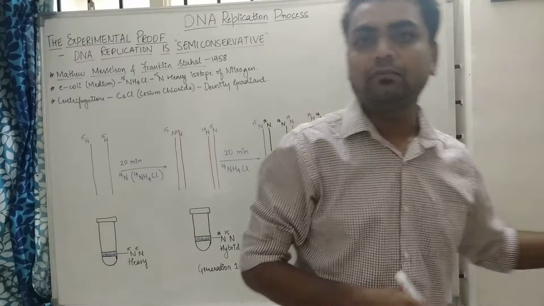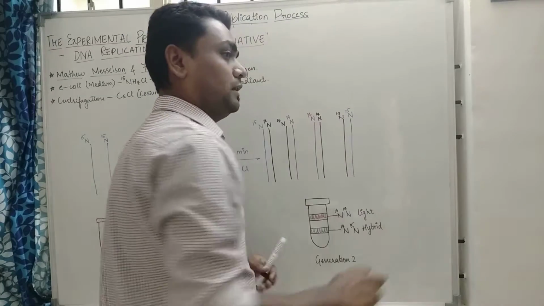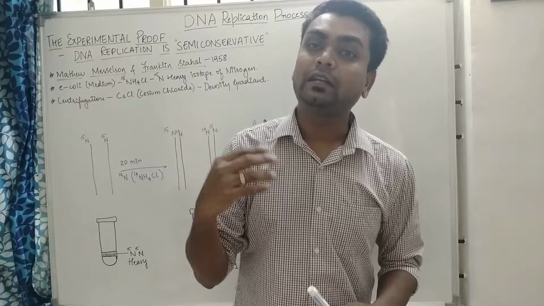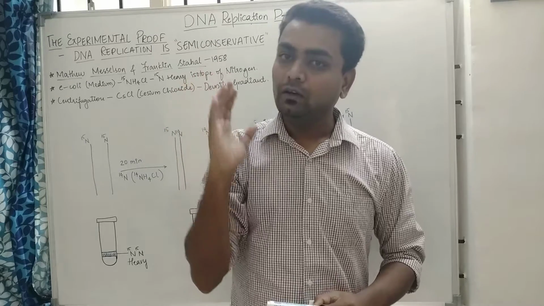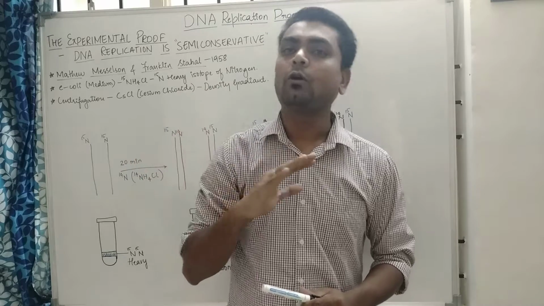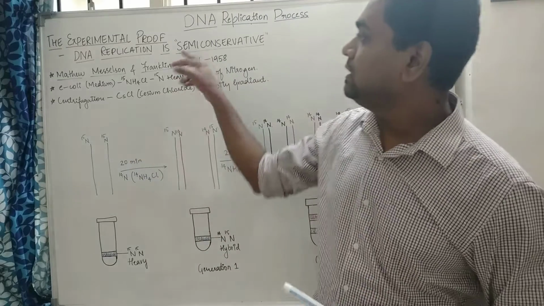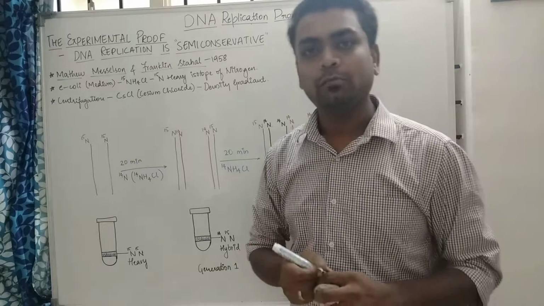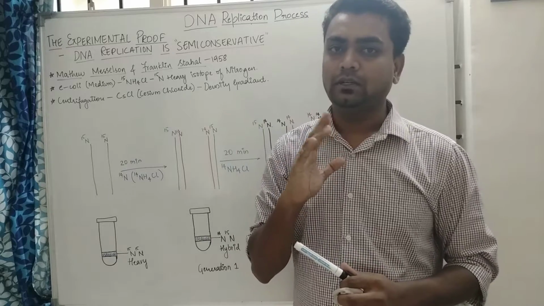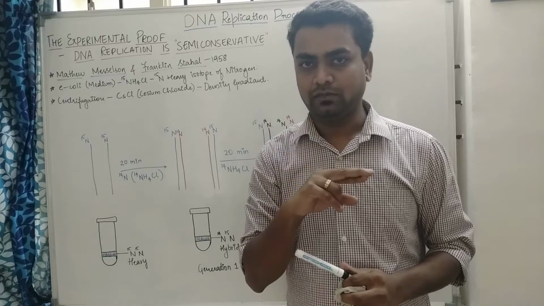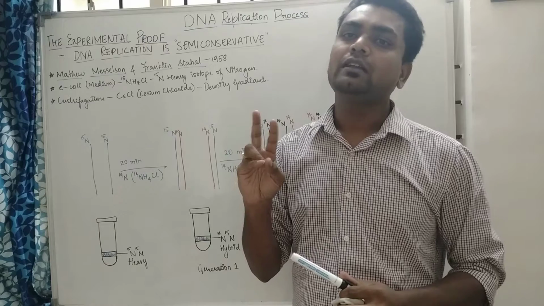If they didn't get a newly synthesized strand, then it is called the conservative method. If they didn't get a parent and hybrid, only something new apart from the parents, only new copies are produced, that we may call the dispersive method. For the time being, just remember DNA replication is a semi-conservative process, which contains one parental and one newly synthesized strand.